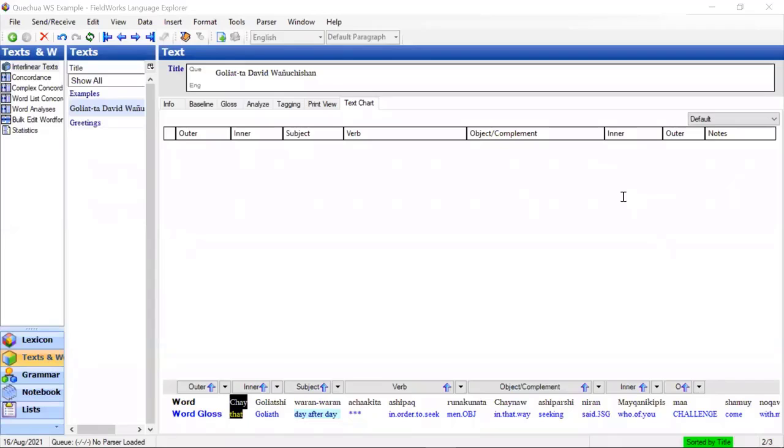I will do a brief demo of how to use the text chart in Flex. I have a text that I have analyzed, and it has word glosses. This is the text chart view. I'm on the text chart tab, and it has multiple columns that you can move words into. At the bottom is a text ribbon that contains the running version of your text, and at the far left